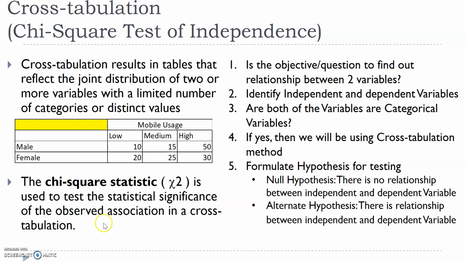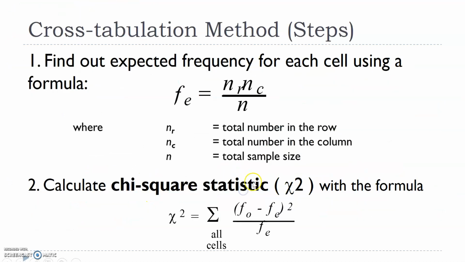So how to find out the chi-square statistic? We'll go step by step in the next few slides. First, what we saw in the question, what has been given, is the observed frequency. Not necessarily will it be given in a tabular format. Sometimes you have to find it out, like if you are conducting a poll or a survey, you have to construct the table yourself. I'll show you how to do it in SPSS later on. What is your observed frequency?